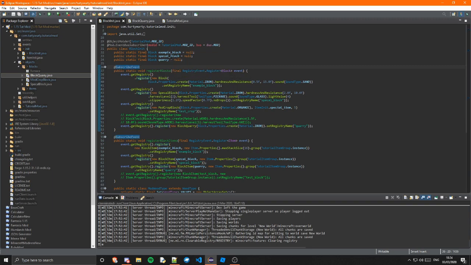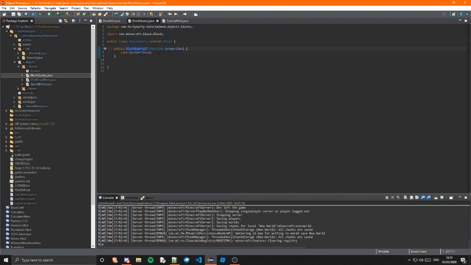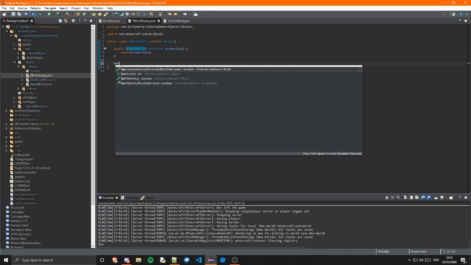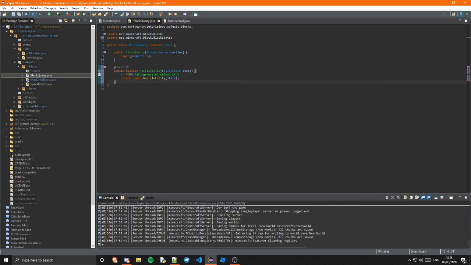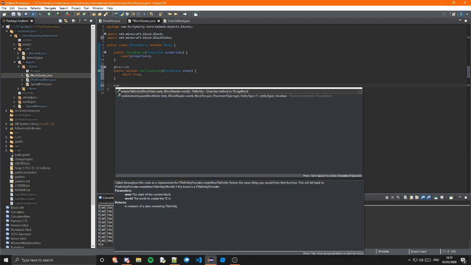So now we have initialized that, we can come out of our block init class and go into our block quarry class. If we open that, as you can see, for now I've just set it to be a normal old block, but in here we're going to want two methods. We're going to want hasTileEntity, the one that takes in the block state, and this is just going to return true because obviously our block is going to have a tile entity. And we're going to want createTileEntity,